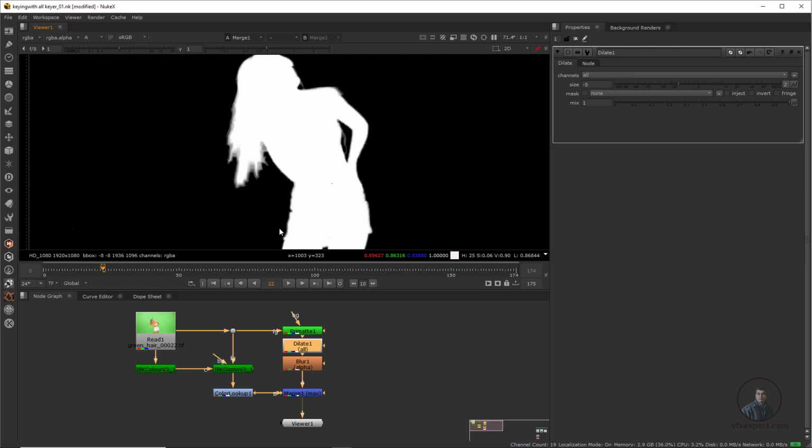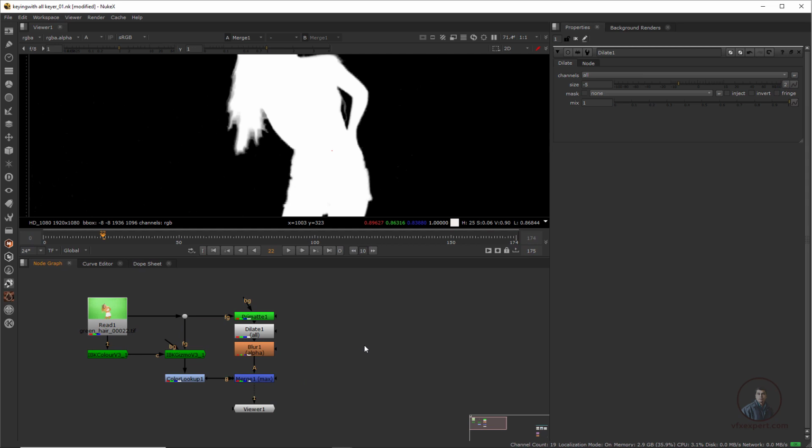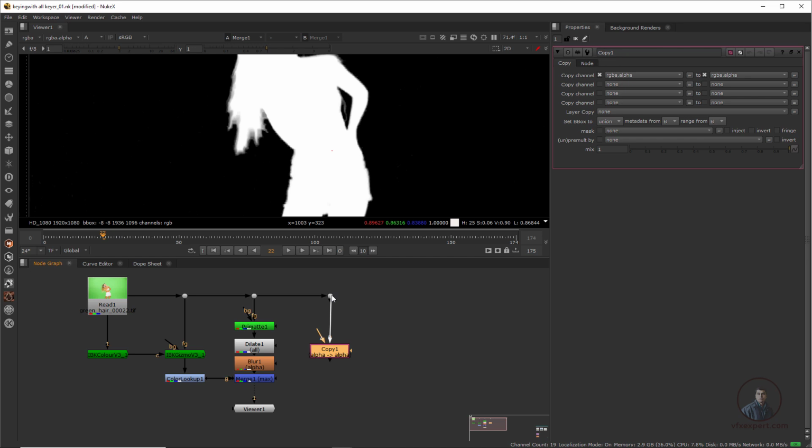So now after this we have to use this matte and remove chroma from our original footage. For this we have to take a copy node. So again press K here. The original footage we have to connect with this B input. So let me adjust it here. Again press dot here. So we have to connect it here. I am going to adjust it a little bit here, and the B input we have to adjust here.